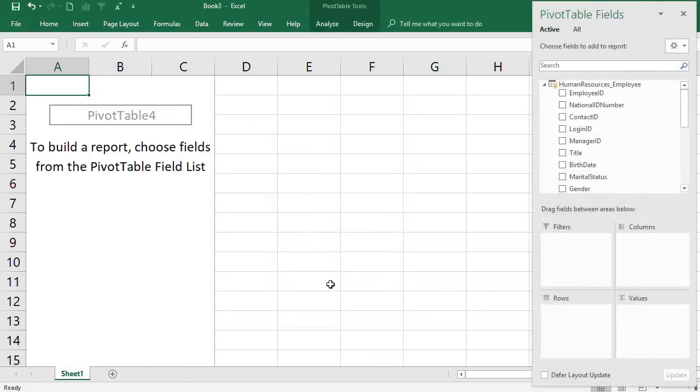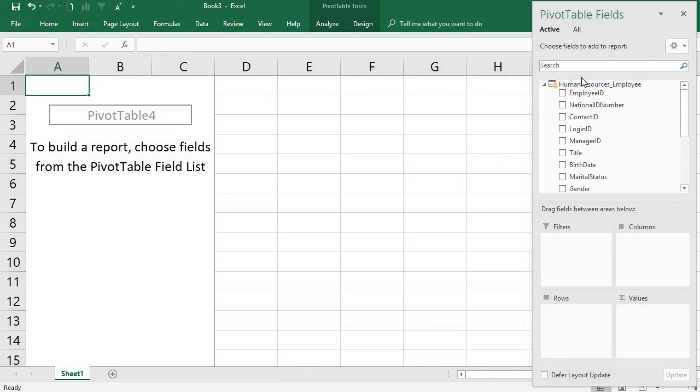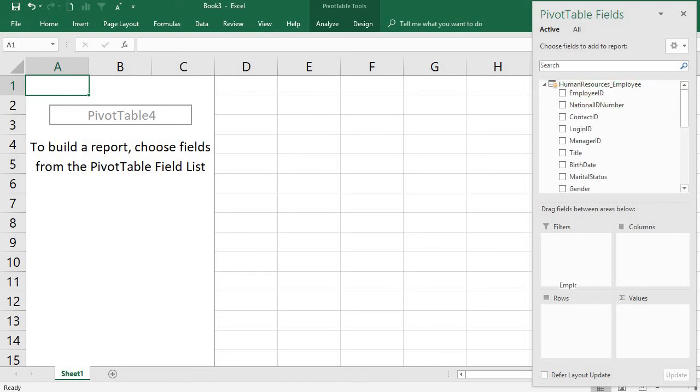Once I press OK, it is showing the two tables here in the PivotTable Fields pane. The pivot table report is here, so in this pane you can select a set of fields from the first table, which is the Human Resources Employee, actually from the MS Access database table. Similarly for Human Resources Employee Pay History. Now I'm going to select Employee ID from the first table,